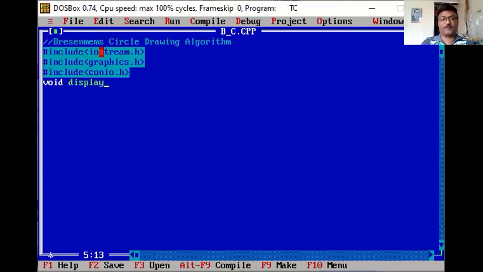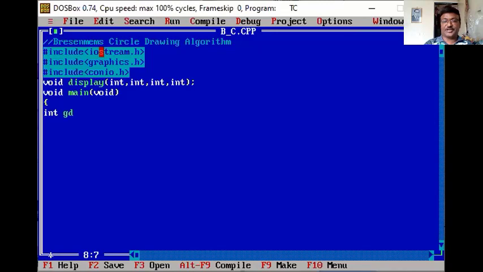Display is the name of my function. Which parameters do I have to pass here? All integer, because there is no fractional or float calculation here. Second, this is my function definition. Void main void. I'm not explaining again because I have already explained 2-3 times why I'm writing void inside and why I'm writing it outside the function.